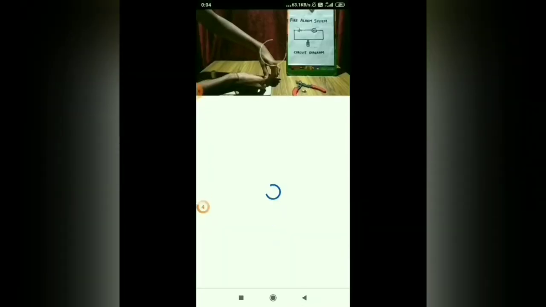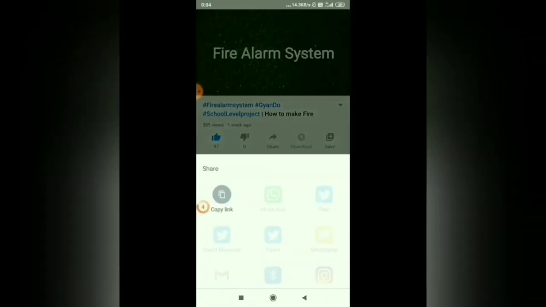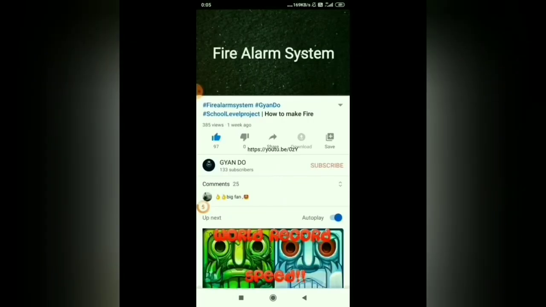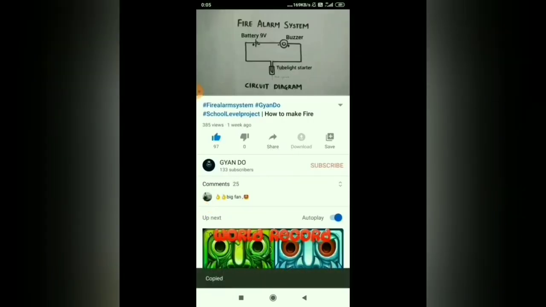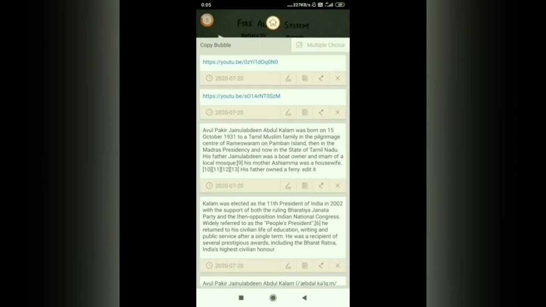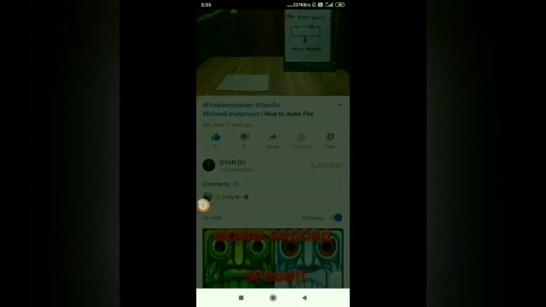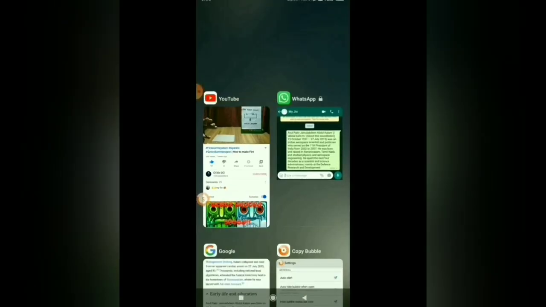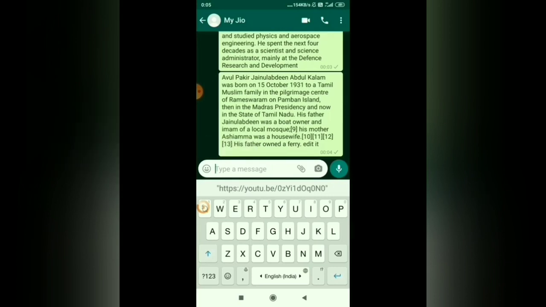So go here, copy one more link like this. So one more link is copied. We can share it when we need by clicking on the bubble and tapping on the link. If you want to copy this link and paste it somewhere, go here and paste it like this.